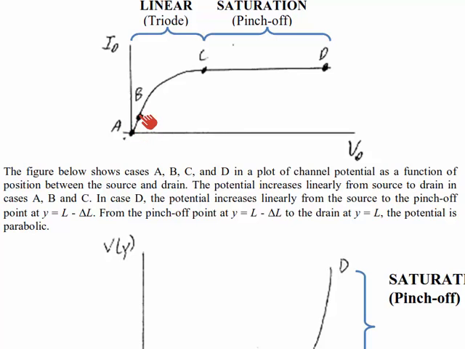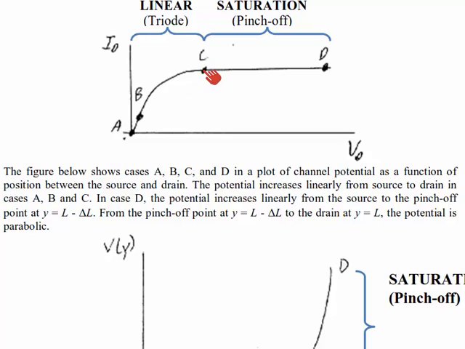Positive VDS in case B gives us positive current. The channel continues to behave like a resistor with a roughly linear current-voltage characteristic between points A and B. What's going on as we increase the voltage even further? You notice between B and C, the current continues to increase as we remain in the linear mode, but once